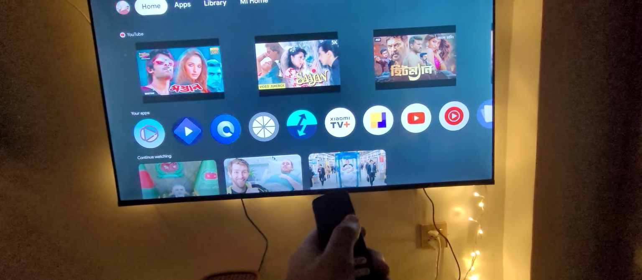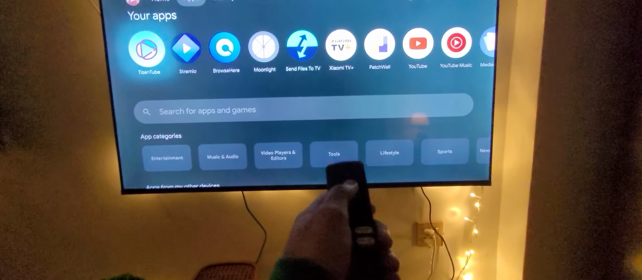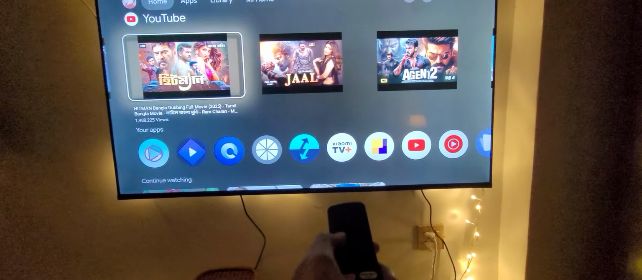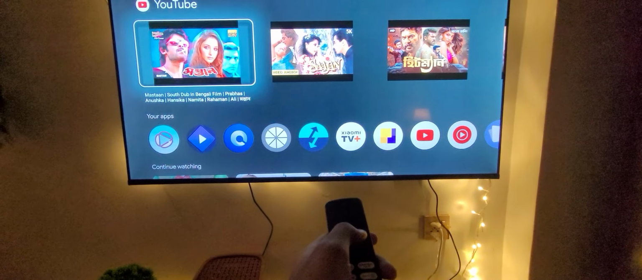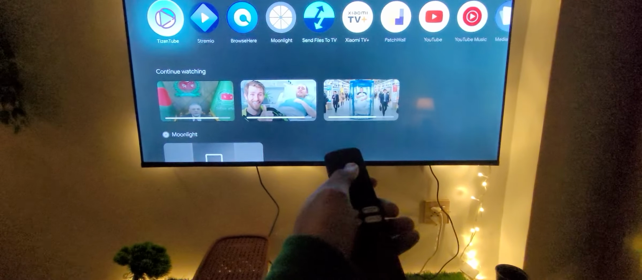The Mi Box 3 Gen 3S is terrible. Look at all these suggestions. I don't want them. I probably don't even belong to this side of the world, so that is weird. And then when I go to search engine